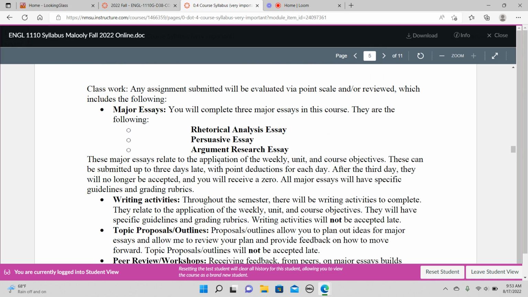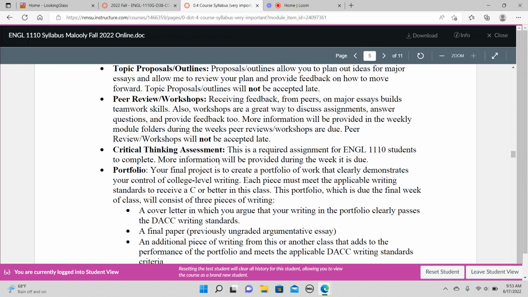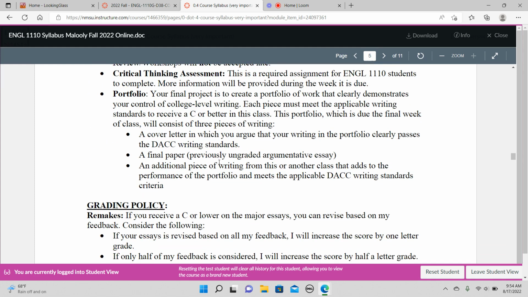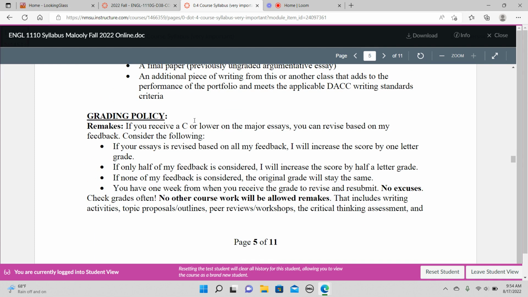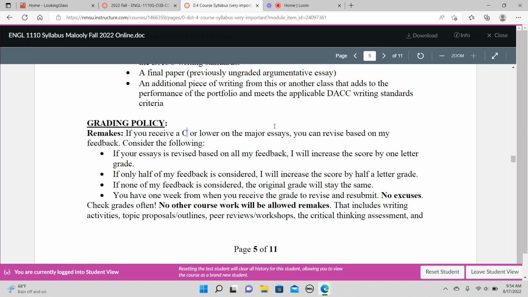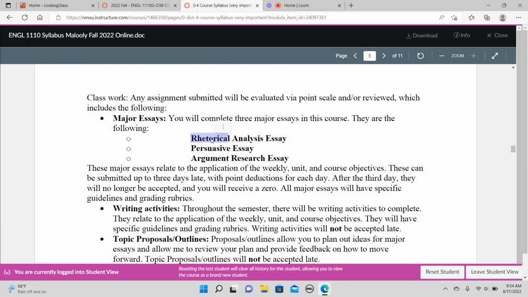So these are our assignments. If y'all have any questions about it, let me know. I'm going to go over my grading policy because that is something so important, and every instructor has a different policy. So just knowing mine, I like to make sure you're clear on it. If you receive a C or lower on any of the 3 major essays, so these 3,